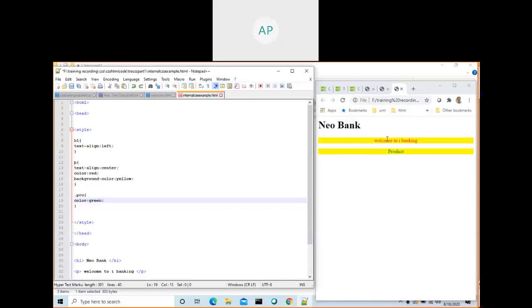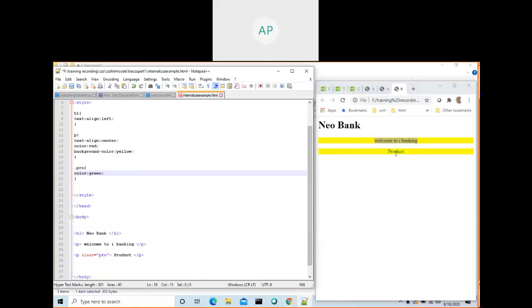Here it is the same, but you created another paragraph, and you want the color of the text to be green. So you introduce a class selector. Before, the selector was h1, based on the element name. This selector h1 you applied for all paragraphs. But if you want to apply something unique to some other paragraph, then you can introduce it this way also, class equal to something. Another way, okay, if you don't want background color yellow, what will you do then?